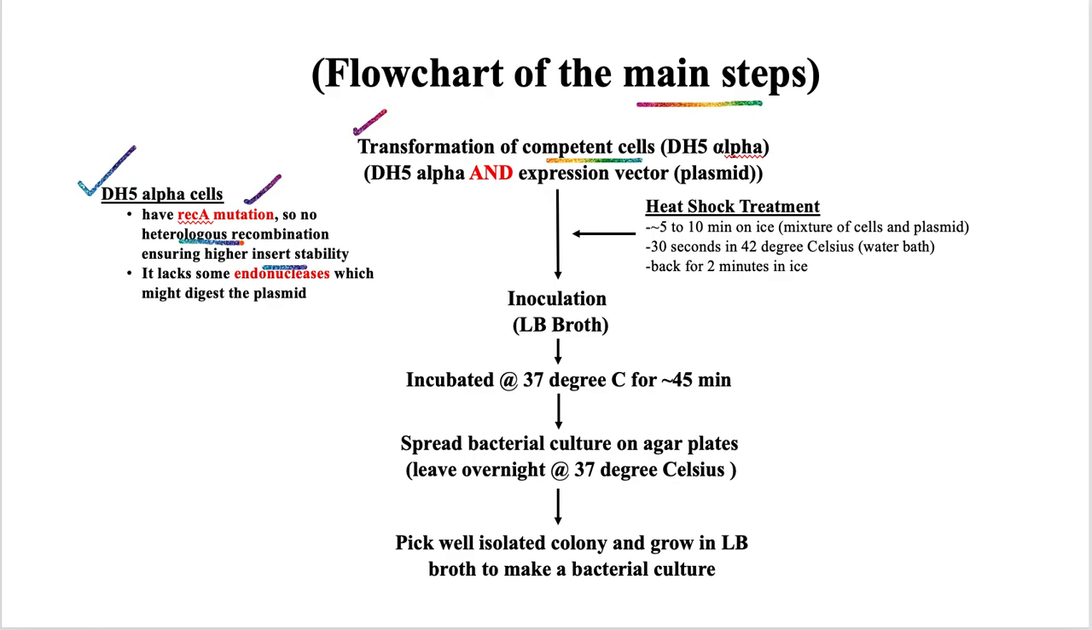They will not attach or recombine with the bacterial genome. And the second feature is that these DH5 alpha cells lack some endonucleases, which otherwise digest the plasmid. So once we have these DH5 alpha cells and a mixture of DH5 alpha cells and expression vector, then